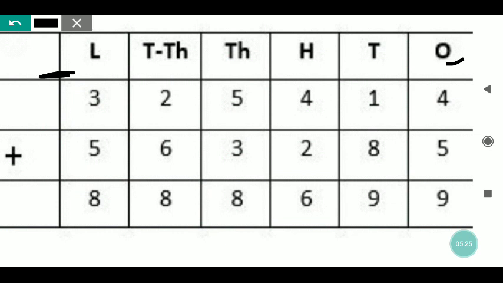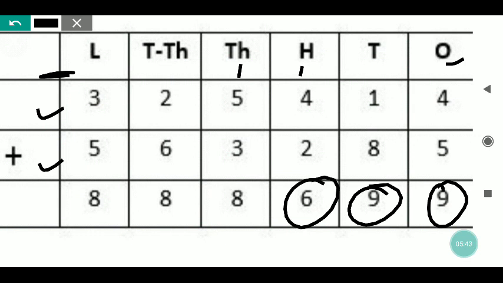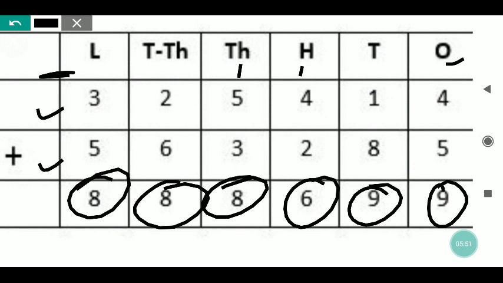After writing the place value, you will leave one square box, means the whole square, and then start arranging both the numbers, so that any leftover number will be there. Then you can write here like 1, 2, whatever the leftover. You can see 4 plus 5 is 9, 1 plus 8 is 9, 4 plus 2 is 6, 5 plus 3 is 8, 2 plus 6 is 8, 3 plus 5 is 8.